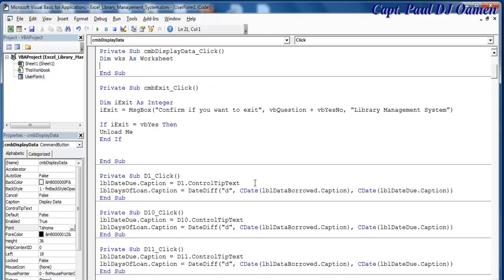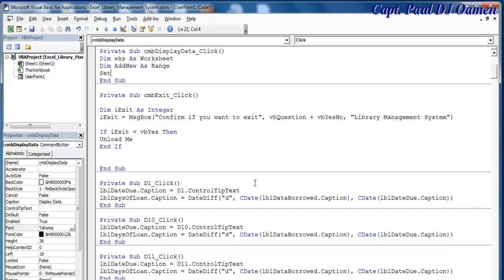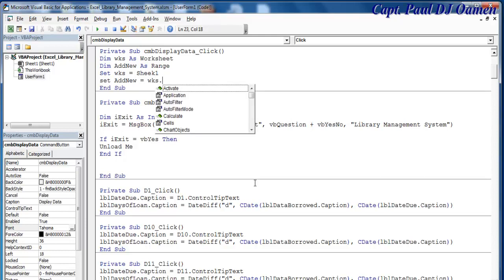And dim add new as range. Then I'd like you to set WKS equals worksheet 1, and also set add new equals WKS dot range,